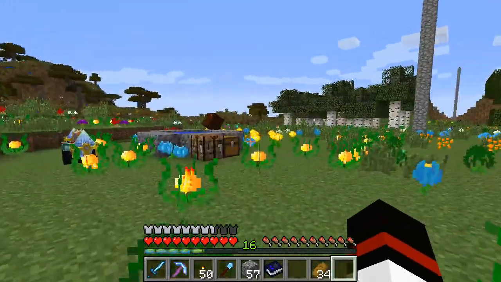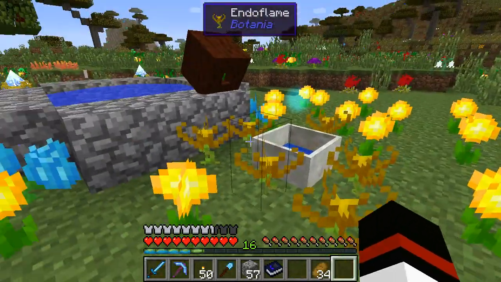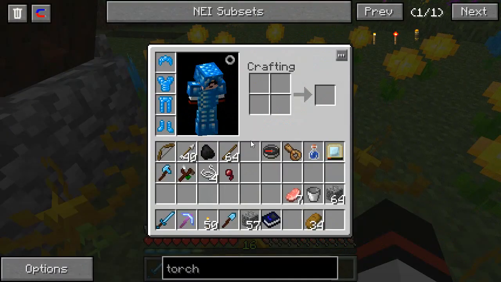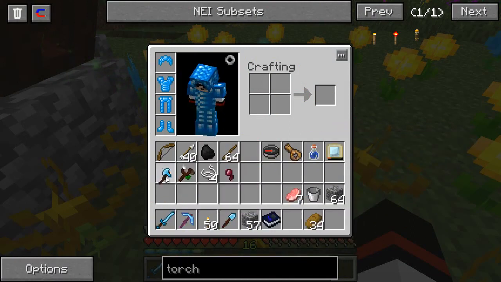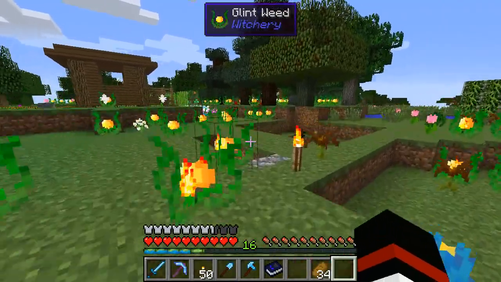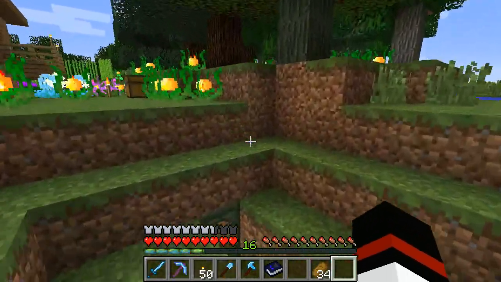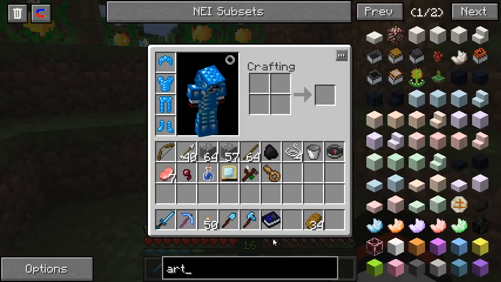Yeah, I showed you my little Botania with a bunch of day blooms, some hydrangeas and some endoflames. It's set up at the moment just to be a way of powering my tools that I have, because Witchery doesn't add any kind of advanced tools or anything like that. It does add though a new